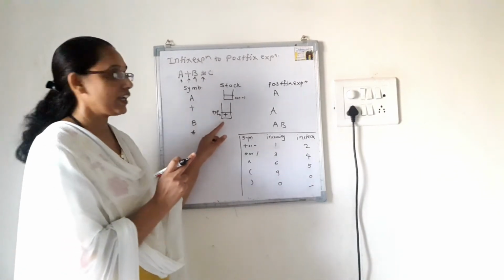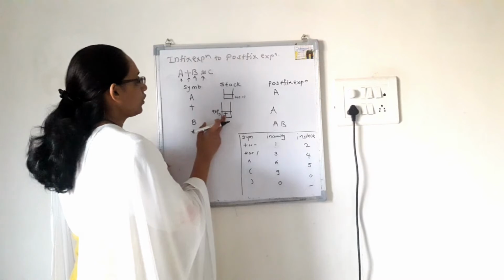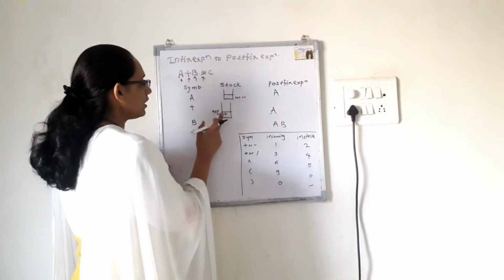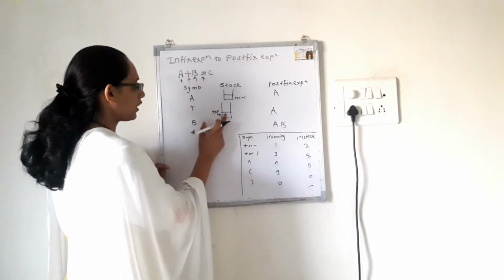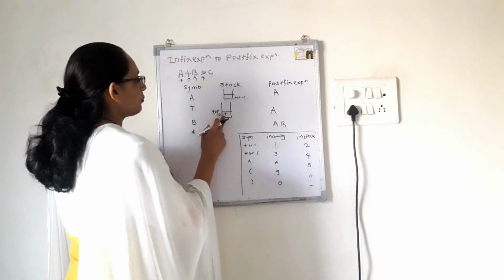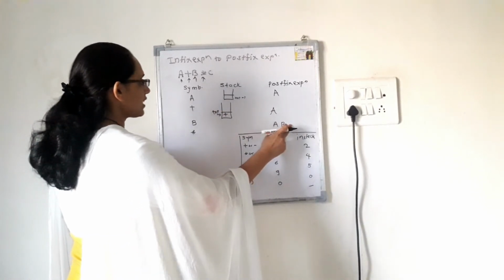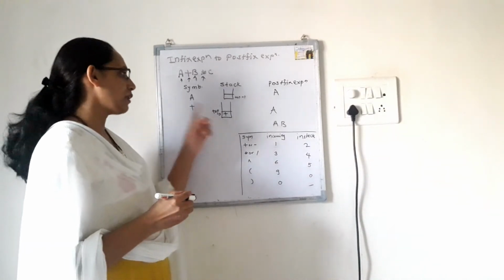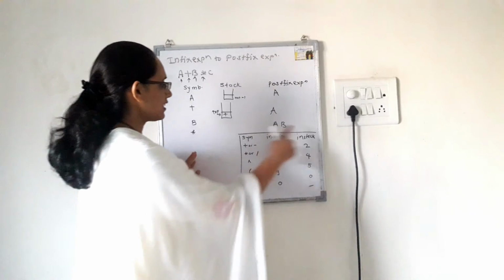So we are going to check this top operator's in-stack priority. If this top operator's in-stack priority is greater than or equal to the incoming operator priority, then we pop this operator and put it into the postfix expression. Now how do you come to know the in-stack priority of an operator and the incoming priority of an operator? Let us see this table.